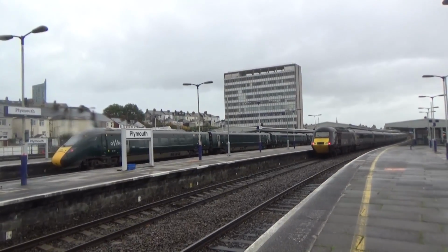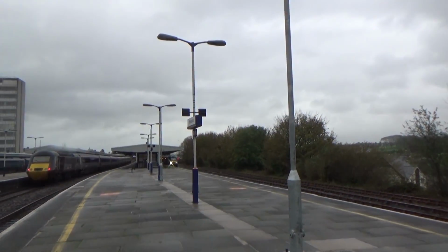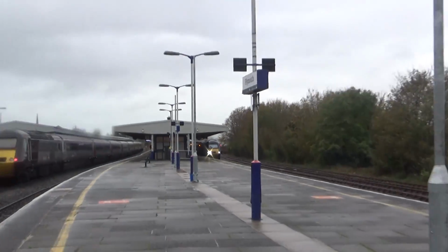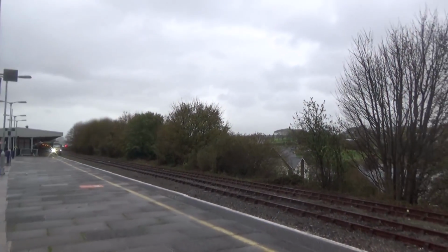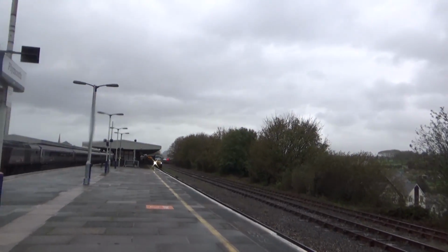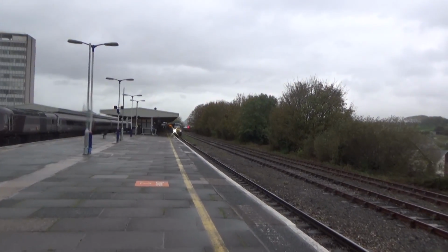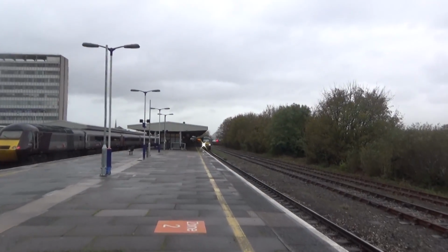Now, time for me to give an unpopular opinion, but still an opinion. Some people are saying that 2+4s are not HSTs. For goodness sake, they are HSTs. And it's a stupid thing, it's not even an opinion. They are HSTs. That's what they've always been called. They are the Class 43 HST. They have been named the Class 255s. I don't understand why they're called the Class 255s, but they're still, the two power cars on either end are